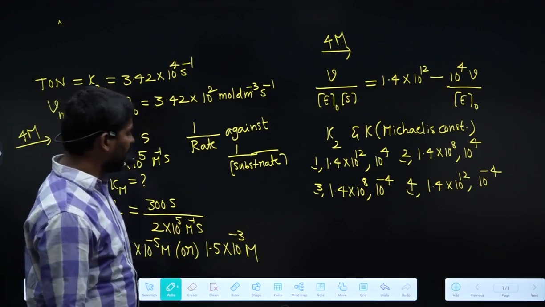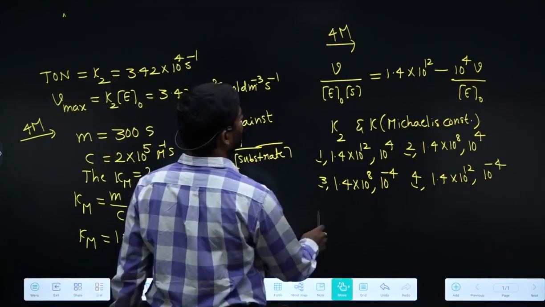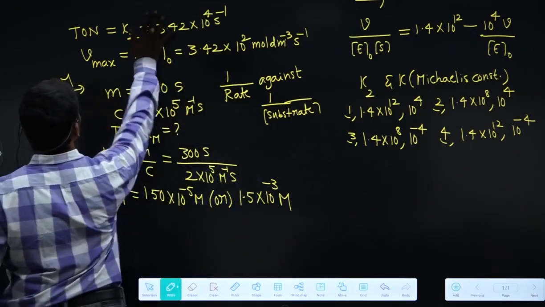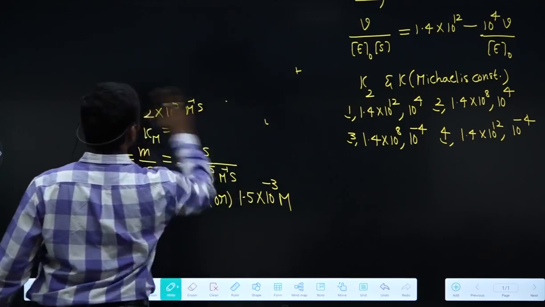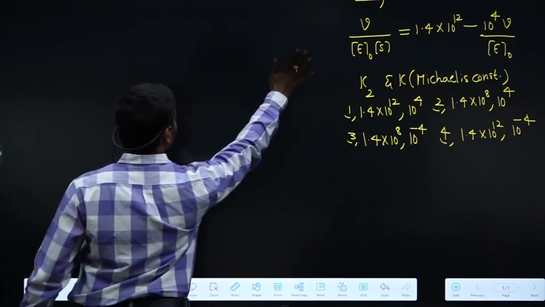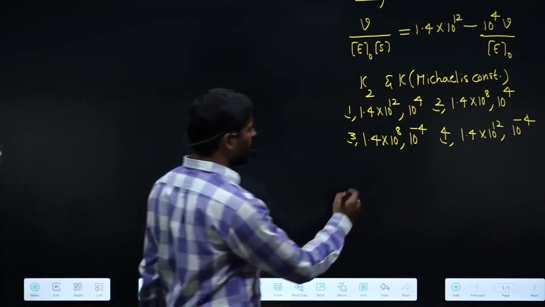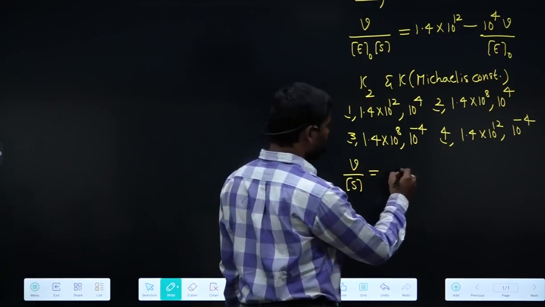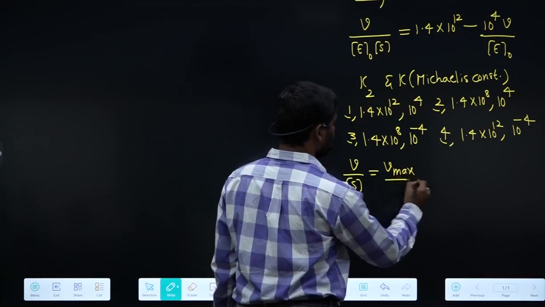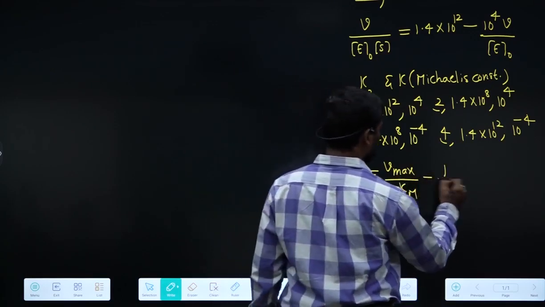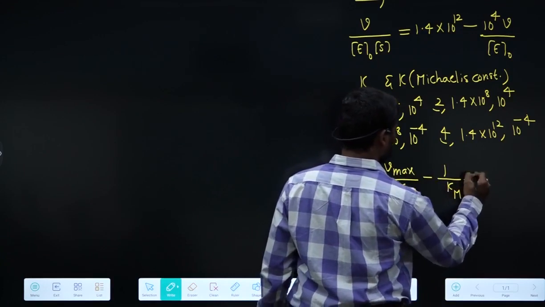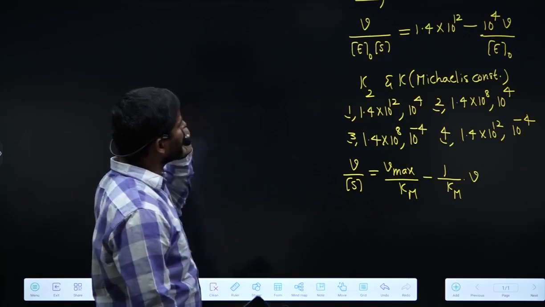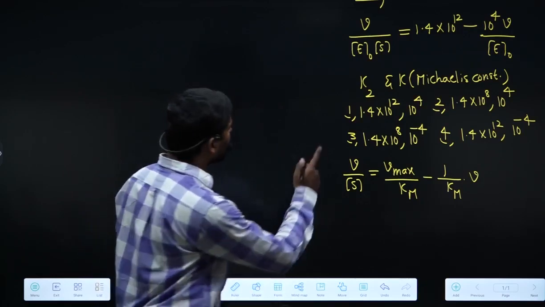So you may convert this into an Eadie-Hofstee plot, V by S versus V, and then you may try. What is the Eadie-Hofstee plot? V by S is equal to Vmax by Km into V. To convert into that form, we have to multiply with E naught, so if you multiply the above equation with E naught,